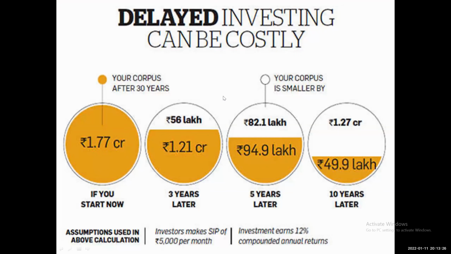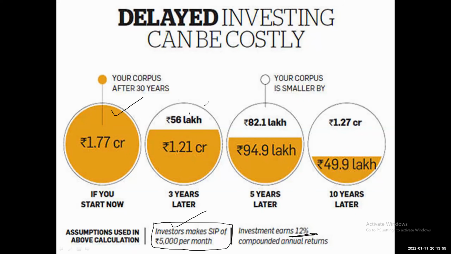Now, I just show you a very common way of thinking and the power of compounding. Don't take it any other way; this is for the power of compounding. Now, go and see a SIP of 5,000 rupees per month at 12%. After 30 years, this is the money you are going to have.